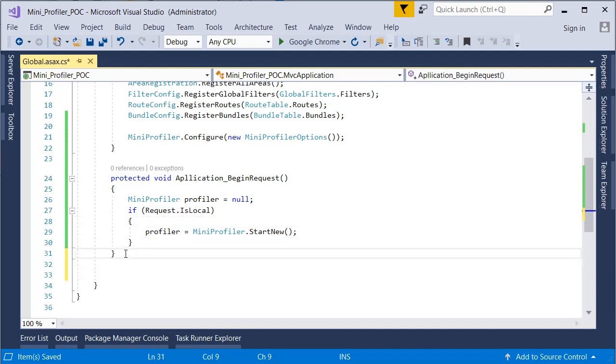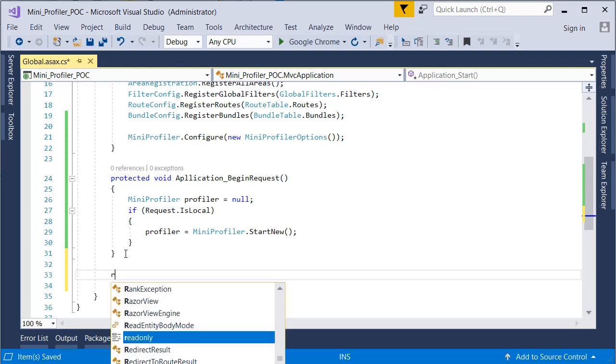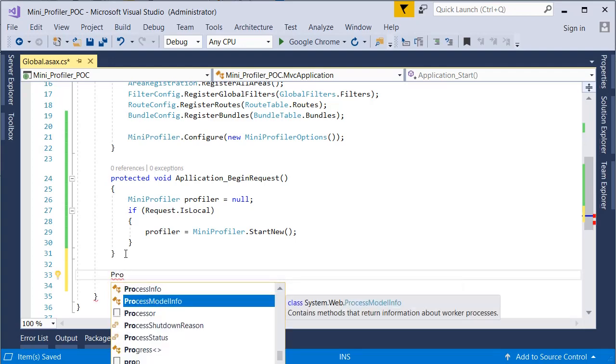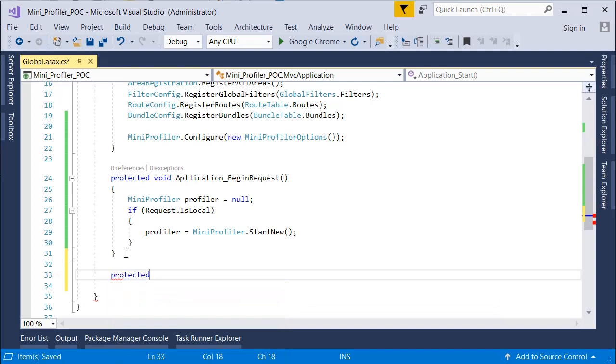Okay, now if I am starting the mini profiler at any request of the application, we must end that mini profiler, stop that mini profiler at the end of the request. So I am adding the code for that as well. Protected void Application_EndRequest.